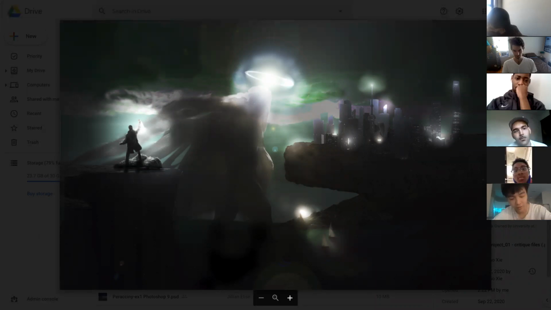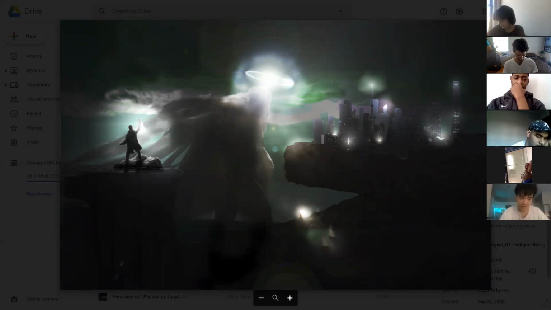Also fear. I think people always generate a fearful feeling towards the things that are unknown. So I use darker and dimmer elements in my project to represent the fear and the mysterious feeling of the unknown. And the lights, the guy's holding a lamp, and I think